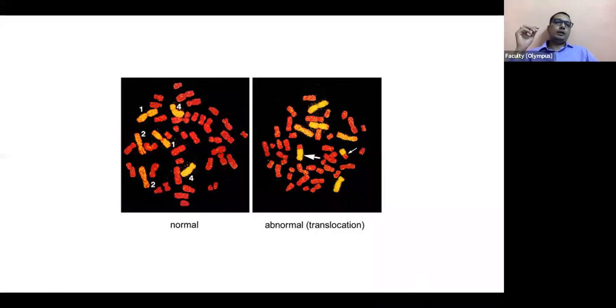With normal karyotyping, it is very difficult to identify a genetic chromosomal abnormality like translocation, but here you can. Because FISH is clearly looking for the region where you have a mixture of colors. A mixture of colors means two different chromosomes got fused, which is a result of the translocation process. Okay, like that FISH can be used.